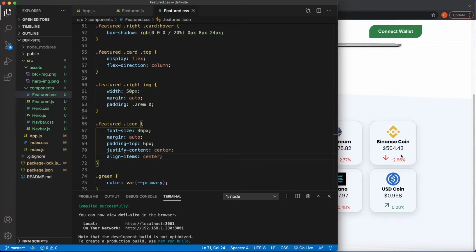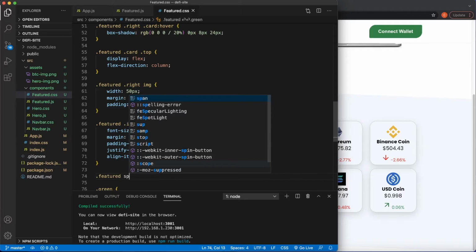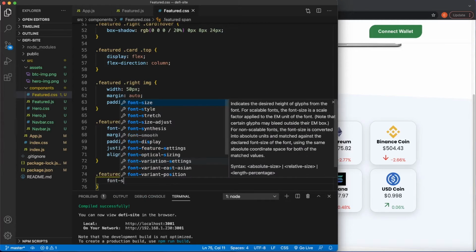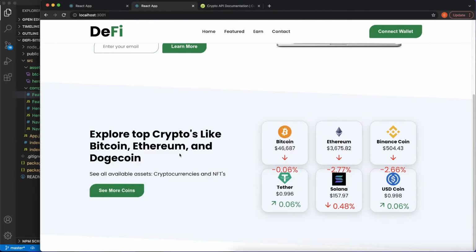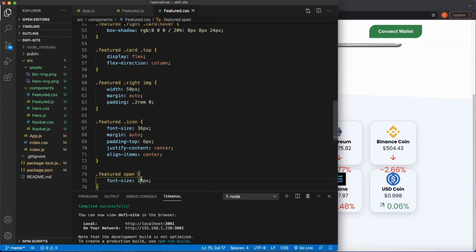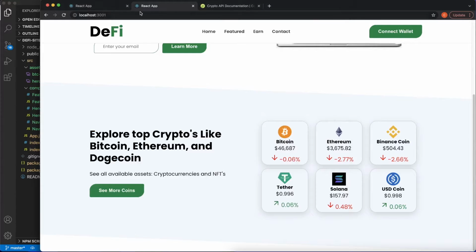Looking good. That's a little bit small. Let's just fix that. So whoops, featured, that is our span. Let's do a font size of pixels. Sweet. Whoa, looking funky there. We're gonna have to go in and change that. Let's see here. I want to make sure it looks